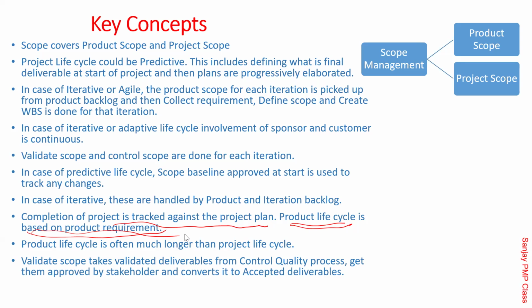He would have worked in 6 different projects. Taking the input of those 6, his final appraisal will be done. Correct? But that you can't do in the month of March. If your project ended in October, then in October you need to do his appraisal for that. You can't walk out of that project. That is all important. That's what it is saying: against the project plan, product life cycle is the product requirement.